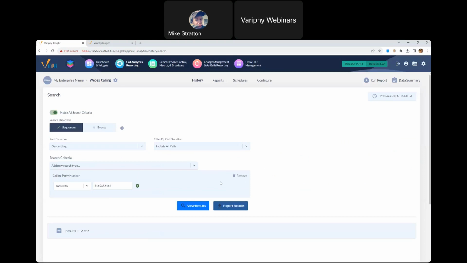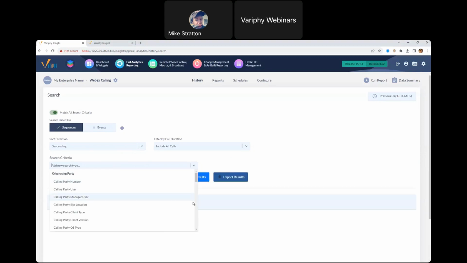So looking at calling party number is a great way to identify the person, object, or number that placed the call. When you look at the caller ID, it's an inbound call. If you have the extension or some sort of internal number, it's going to be either an outbound internal call or a true outbound call to the PSTN. And if you want to see which employee called this number, or who called this extension,